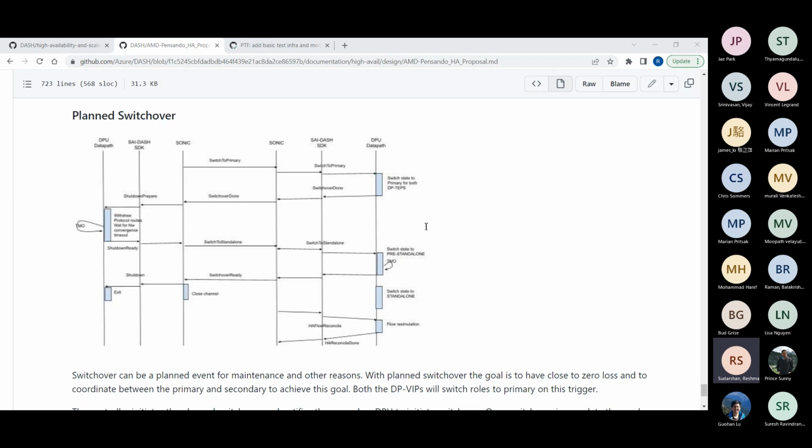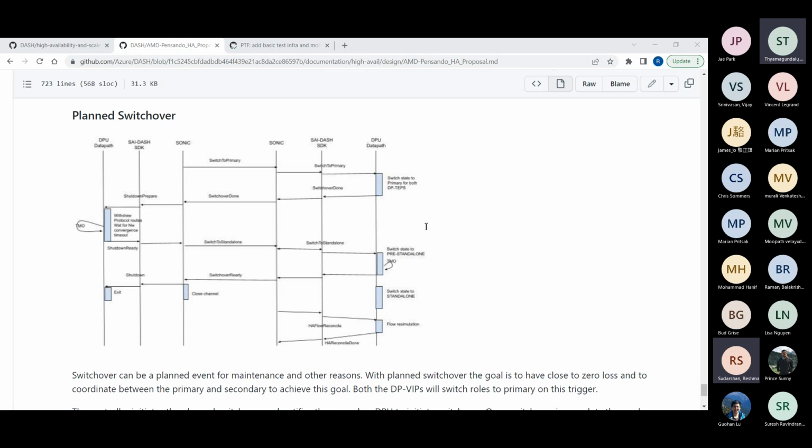I have a question about when the two cards are paired for HA and we are trying to bulk sync. There must be a timeout for bulk sync, right? Or not? The point is that if we start to sync just because both have been marked active for certain flows and active for other sets of flows, it may not be necessary that they have actually learned the flows, or there may be no flows yet that are learned or inserted. In that case, what happens? Do we exit the bulk sync?